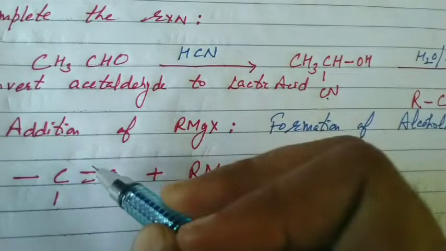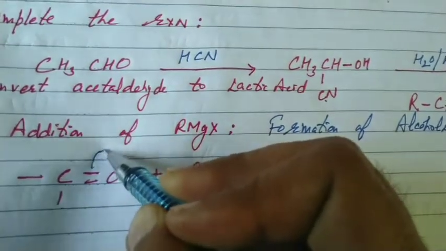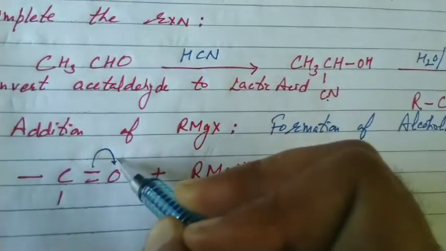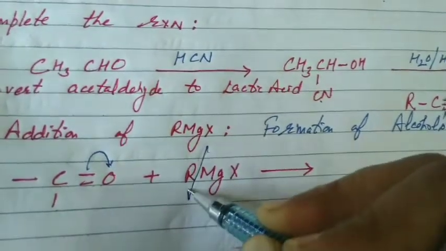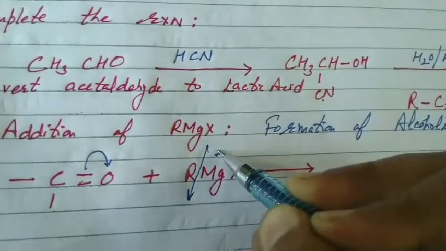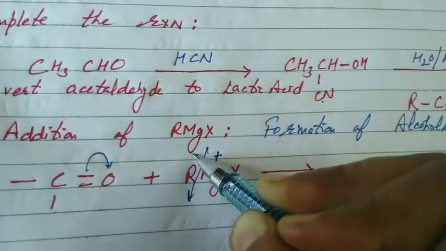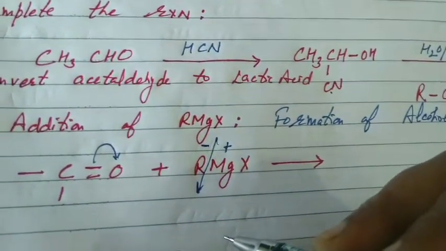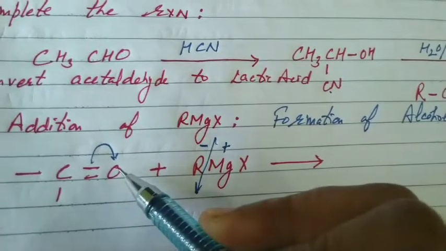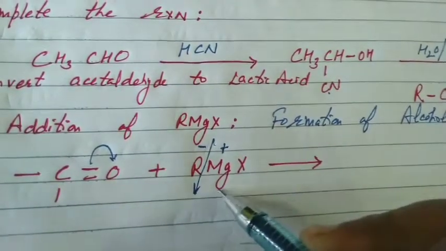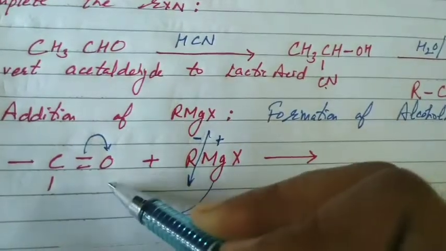They undergo nucleophilic addition reaction. Oxygen is more electronegative, so pi electrons migrate to oxygen. And you know what happens in Grignard reagent? Breakage of the metal-carbon bond takes place. Definitely plus charge on metal and negative charge on the alkyl group. What will happen? Pi electrons migrate to oxygen, it will acquire negative charge, the positive part approaches oxygen, and